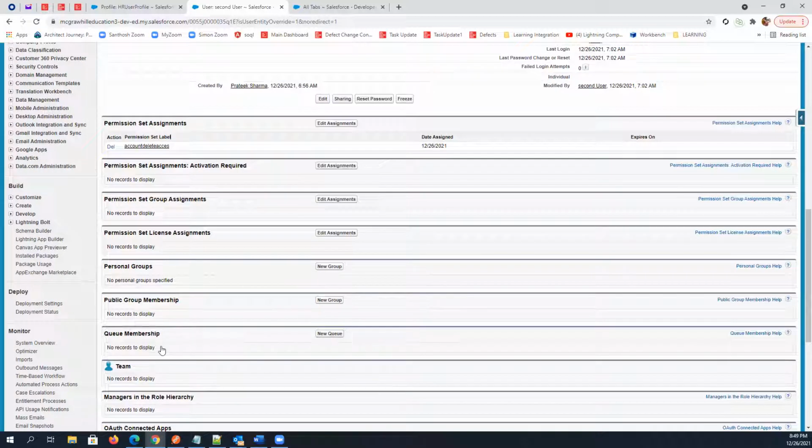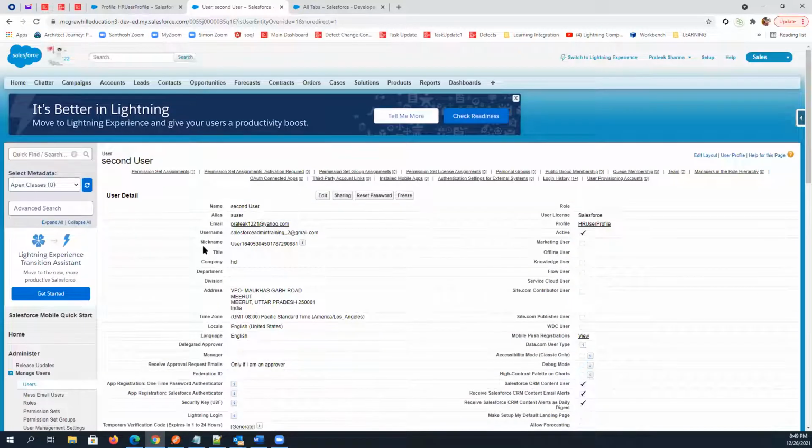Any other questions? So this is what we have for metadata access. Every user can only have two things for their access labels in Salesforce for metadata access. The first is profile and the second is permission set. So what are the questions you will get in exams or in interviews? They will give you a scenario related to profile.